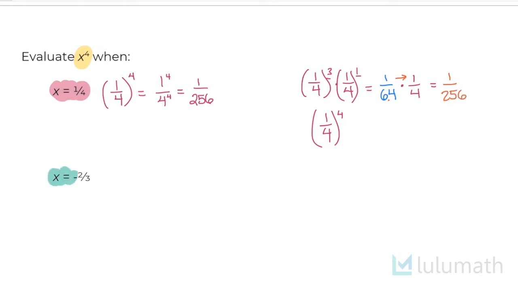Now let's go ahead and look at x equals negative 2/3. So I will take negative 2 over 3 and raise this to the power of 4. So this time I'm going to keep the numerator positive and the denominator, I will make it negative and raise that to the power of 4. So that means that I will have 2 to the power of 4 over negative 3 to the power of 4. And 2 to the power of 4 means 2 times 2 times 2 times 2, which would give me 16. And then negative 3 to the power of 4, just a reminder that a